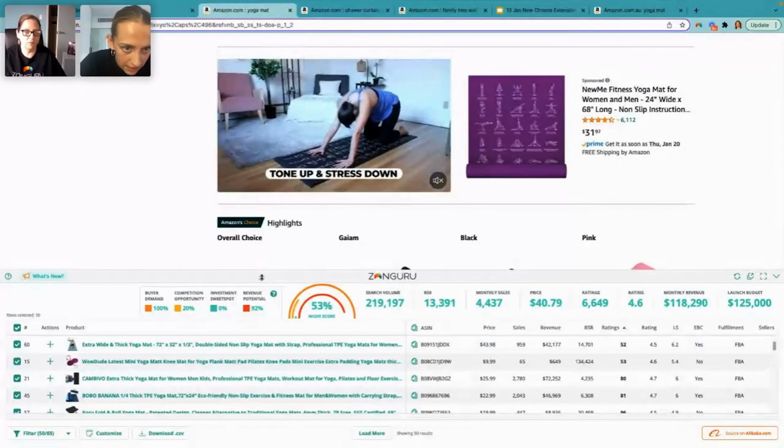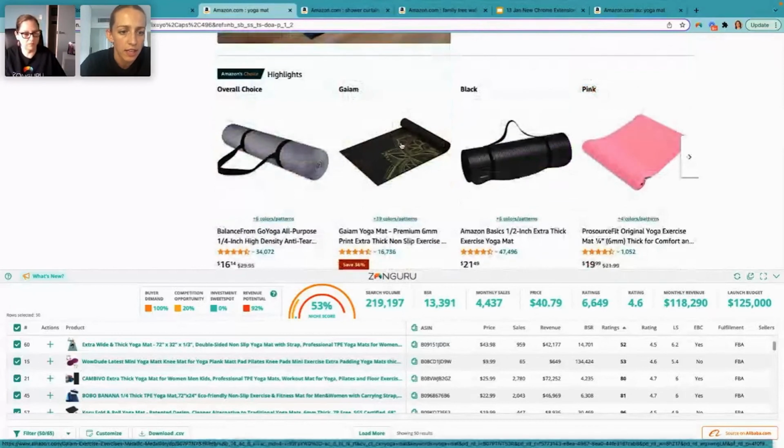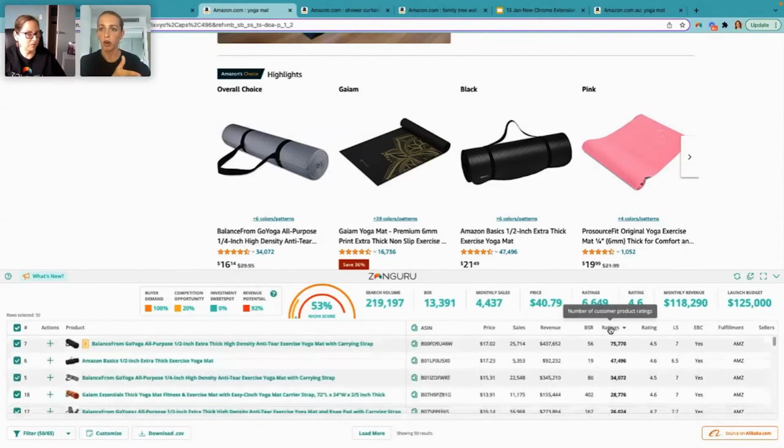So we're on yoga mats here, and for everyone looking, it is the second square. It says 20%, the orange square, if you can hover over that, Kimberly. So we're looking at 20%, and therefore it is a high competition. The reason it's a low number is that this number reflects your chances of beating the competition. If you've only got a 20% chance of penetrating the competition,